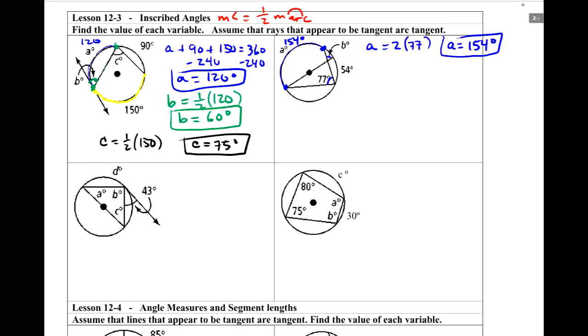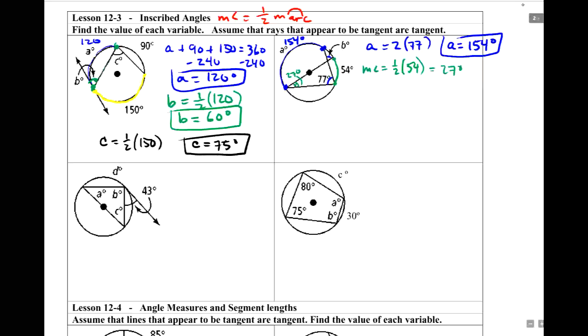Well, we have a couple of ways. One of them would be I see another inscribed angle right here that goes with this arc. So I know that the measure of that angle is 1/2 of its intercepted arc, which is 54 degrees. So that is 27 degrees. This guy over here is 27 degrees, and then I can use my triangle angle sum theorem